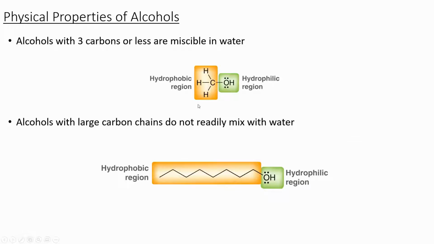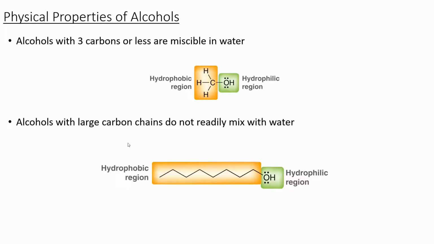So any alcohol with 3 carbons or less is miscible in water. Miscible means that they'll dissolve together and form just one phase, water and whatever alcohol. And in general, alcohols will have 2 regions. They'll have the hydrophobic region, that's the alkyl region, the alkane region, and they have the OH region, which is the hydrophilic region. That's what's going to be hydrogen bonding to, for example, water or some other hydrogen bond capable